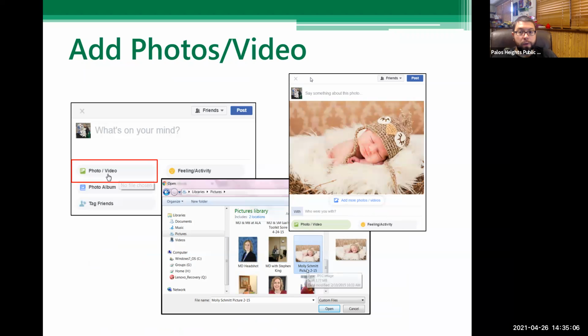Adding photos or video, you do that again by, like we talked about earlier, updating status. You just click on the what's on your mind box and then click the photo or video icon. Again, nowadays, that's just the green little picture icon. You click on that. If you're on a computer, it'll pop up the little bottom middle thing there where you can search through your directory and find the picture or video you want to post. If you are on a phone or a tablet, it'll just open up your photo reel, and you select what you want, and then you're able to say something about it, and then you just click post.